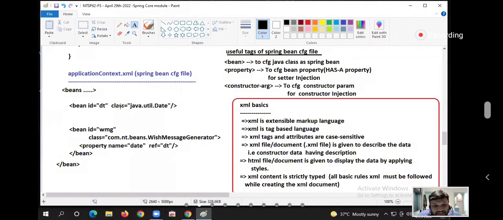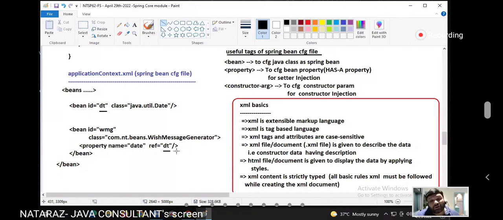DT. A Spring bean is identified with its bean ID, no? Once an object is created for a class, the object is identified with a reference variable name. When Spring container creates any Spring bean class object, with what name will that object be created? With the bean ID that object will be created. DT opening and closing. This is for setter injection, guys.